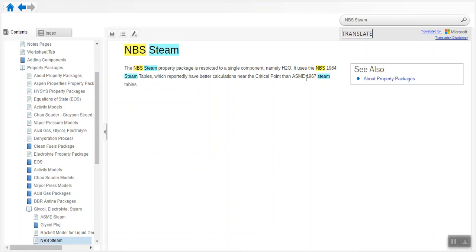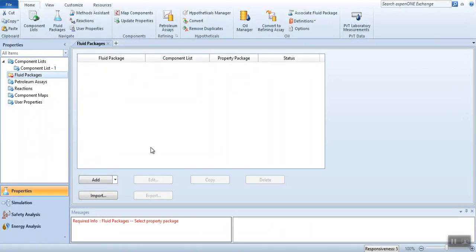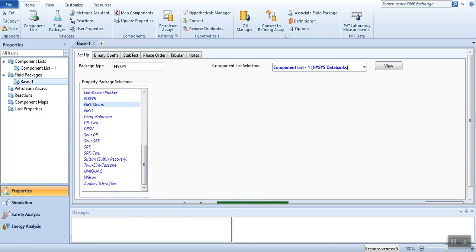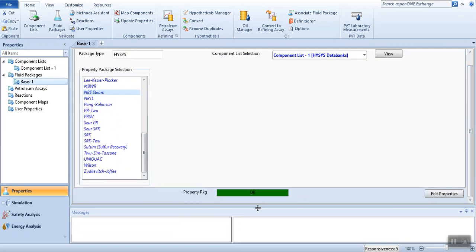So you see, it's a year difference as well. So it is better to use NBS steam, and in this simulation we will be using the NBS steam property package. I hope that will be clear to you as well. So click add, scroll down to NBS steam. As you see, this has turned green, meaning we have selected the right property package.